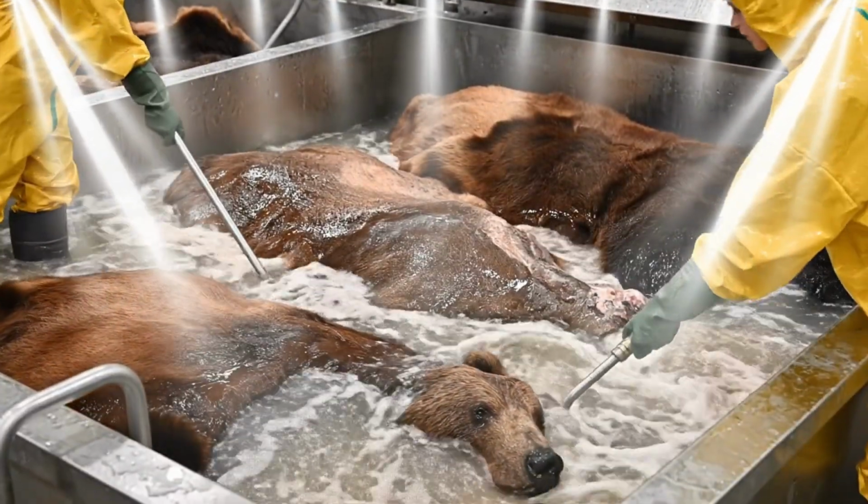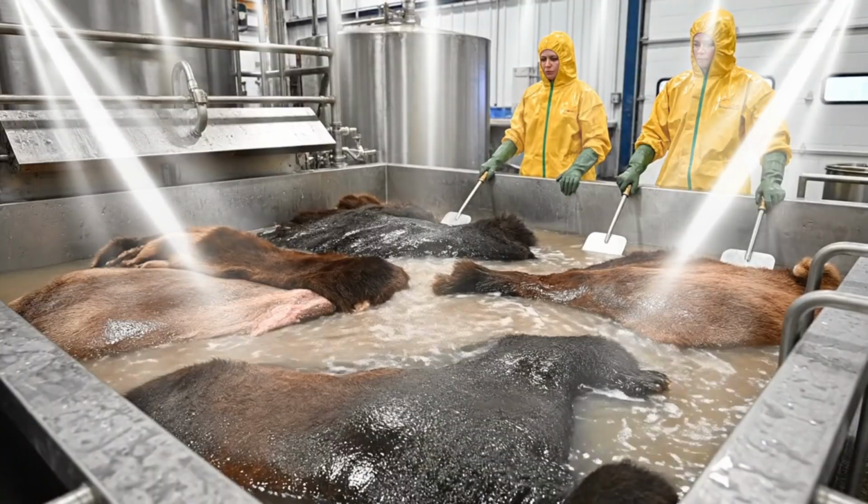In the 13th step, the cleaned bear hides are placed into a large treatment tank. Workers